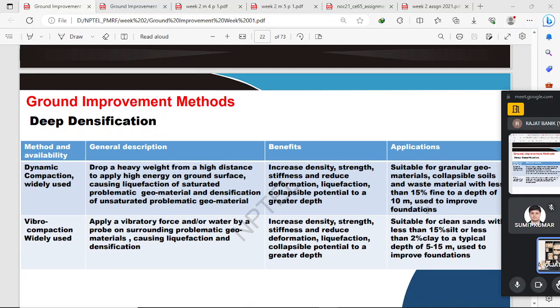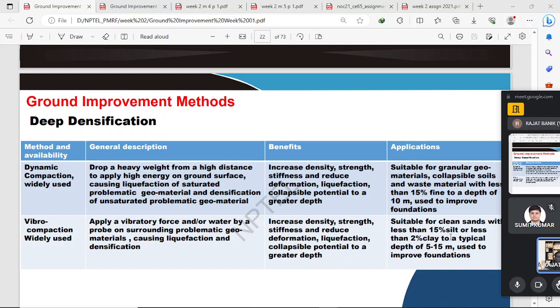And also what type of material it is suitable for: dynamic compaction is suitable when the fine content is less than 15%,